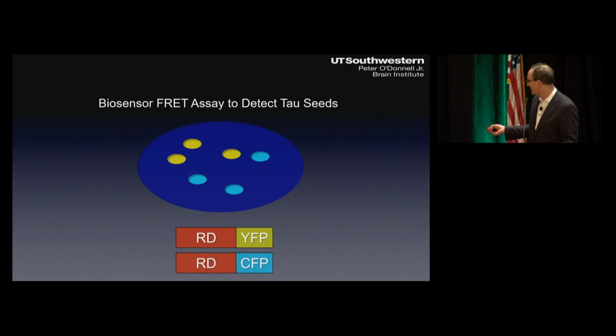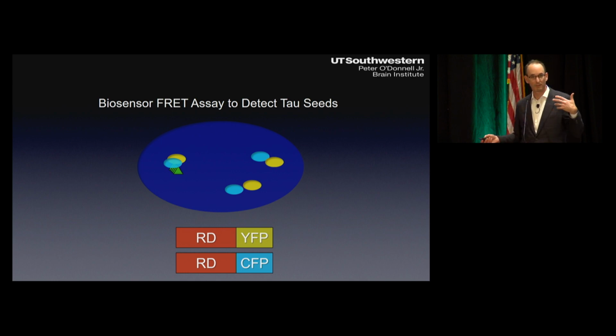And when these proteins come into very close proximity, they change their spectroscopic qualities, such that in a dish, if a cell is exposed to these seeds, they will come in and trigger a kind of catastrophic aggregation event in the cells, which we can then read out with a machine, either a flow cytometer or a specialized microscope. So we use these cells to monitor the presence of